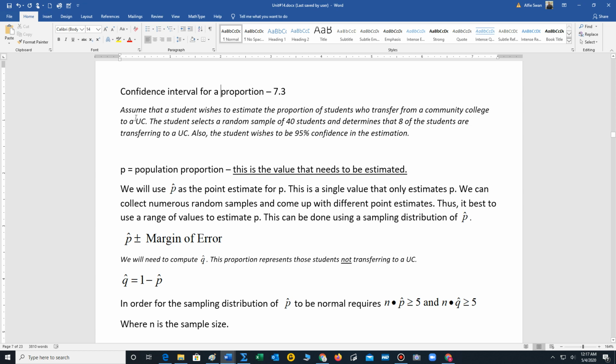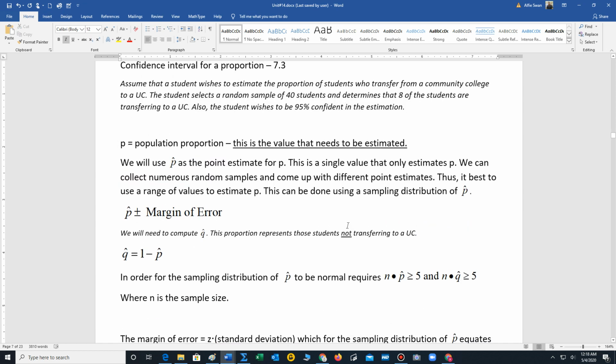So an example would be the following. Assume that a student wishes to estimate the proportion of students who transfer from a community college to a UC. The student selects a random sample of 40 students and determines that 8 of the students are transferring to a UC. Also, the student wishes to be 95% confident in the estimation. Okay, so that would be an example, and we'll work this example out in a bit, but we're going to talk a little bit about the theory behind